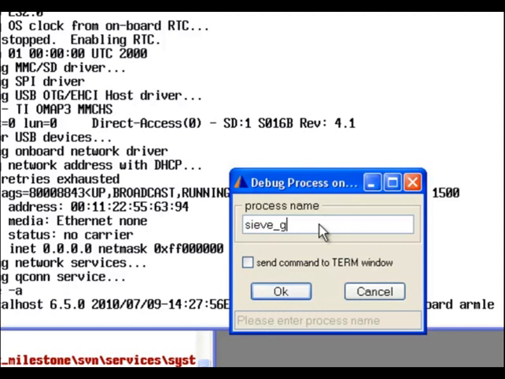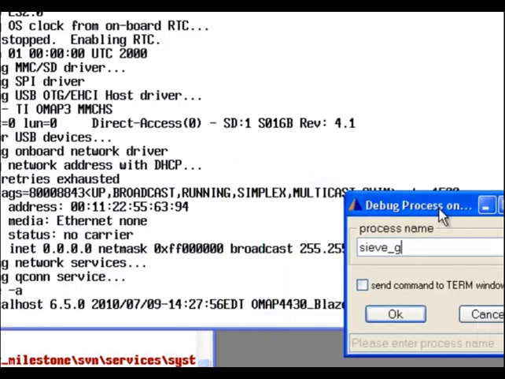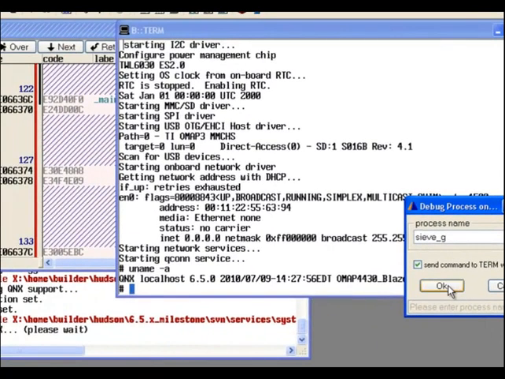I get a small dialog asking me for the process name, and I'll tell the process name, which is sieve_g, and then there is a small checkbox, send command to term window. And now if you are running the terminal window within TRACE32, which we are doing right now, then you can click on that and the dialog will automatically start the process within the terminal window by sending the sieve_g to the terminal window. And now if I click OK,